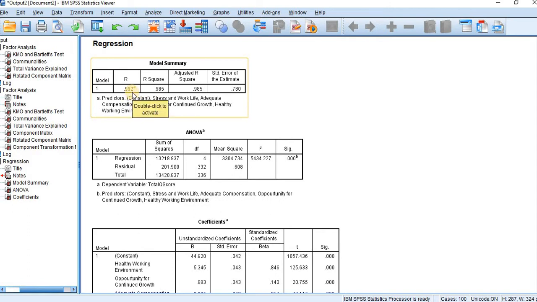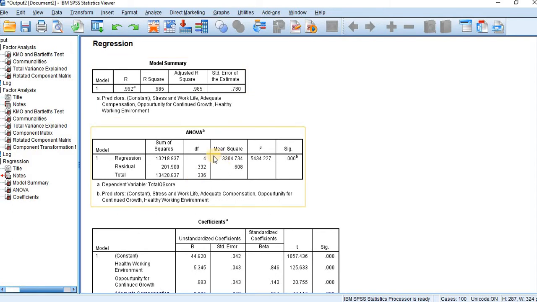There is a high correlation between the dependent variable and the independent variables. R square shows 98.5% of variance extracted. It is a very good model fit. And adjusted R square is 0.985, which is close to 1, so this model can be generalized.